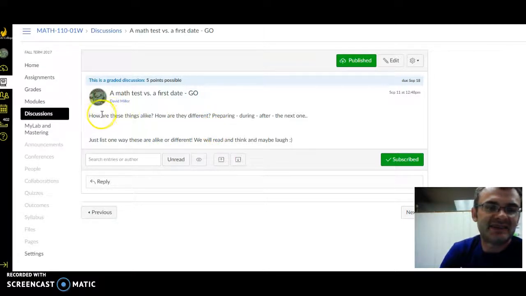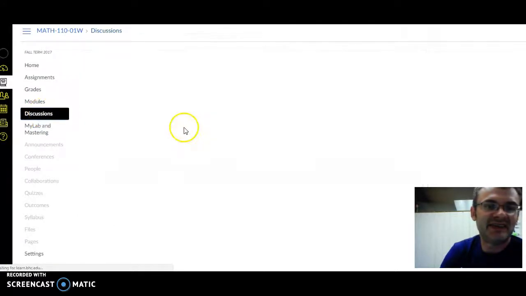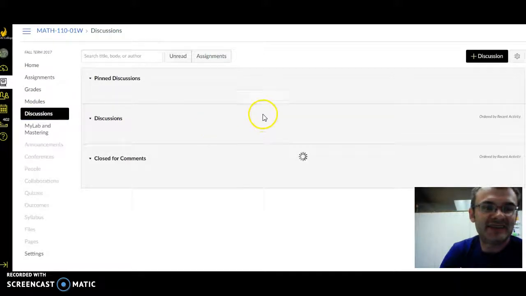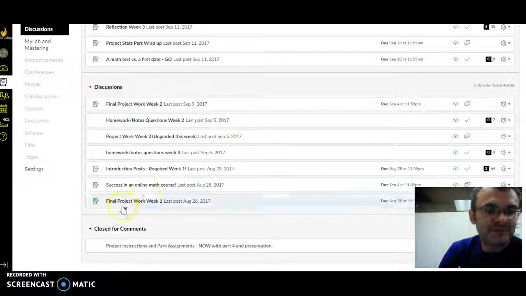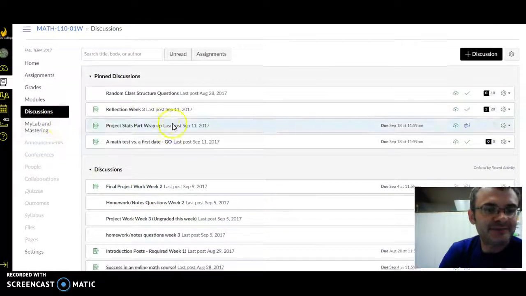So just a sentence. So how are these alike? How are they different? In preparing for them, during them, after them, maybe getting ready for the next one, like what you can learn from one to take to the next one. I just thought it was kind of silly, so hopefully nobody is offended by this, but they're free, easy points for the week. But maybe we'll get some funny answers, and maybe some useful ones. And then the last thing